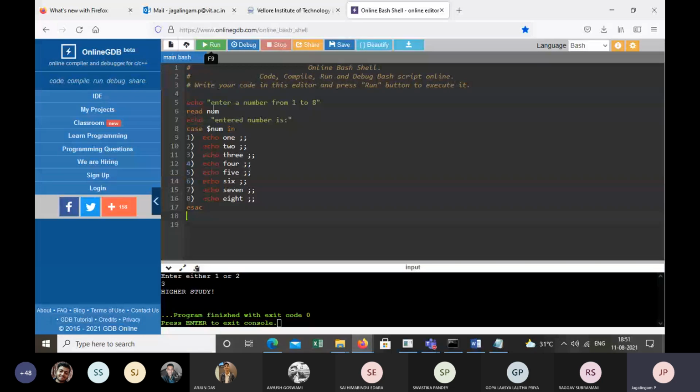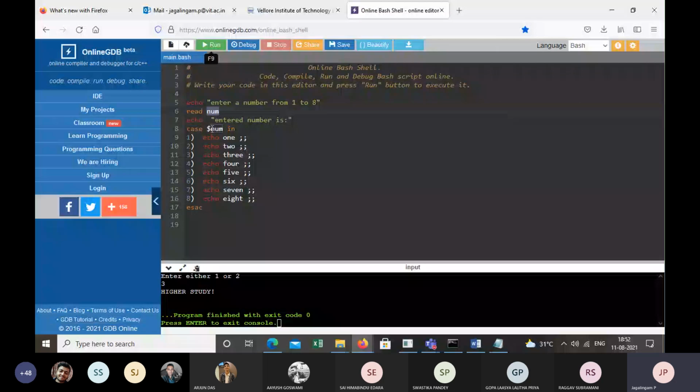So num is a variable which stores the input from the user. If I enter 1, then line 9 will be executed. If I type 2, then line 10 will be executed. And in line 17, I close the case statement in reverse order. So let me write 7 in numerical.